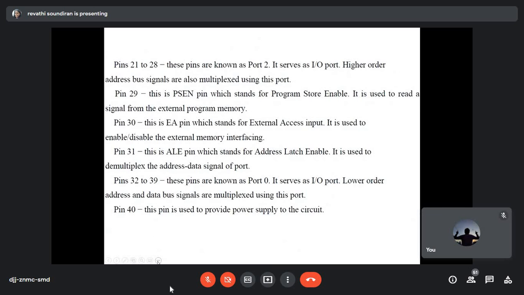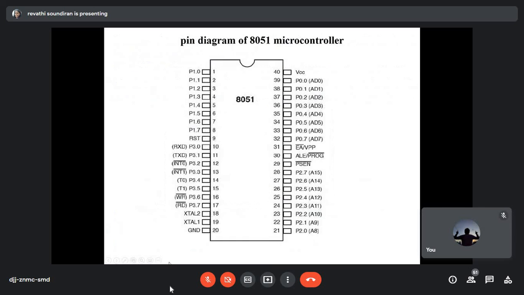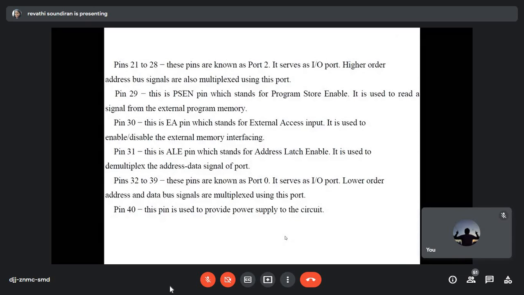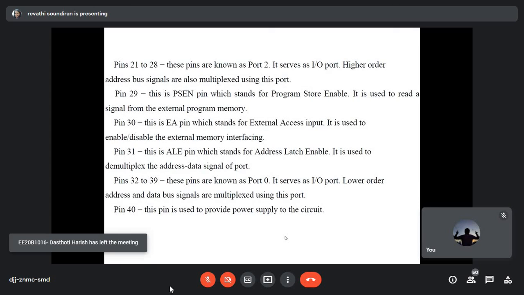Next is pin number 21 to 28. So pin number 21 to 28 are the port 2 pins. So port 2 pins are usually again used for the purpose of input and outputs. But then they have certain alternate use also. Port 2 is used to supply the higher order bits of address. It is used to send the higher order